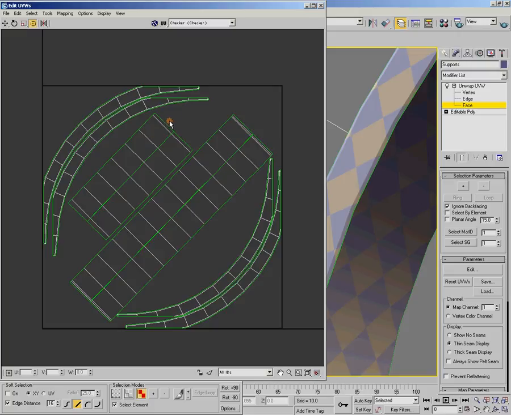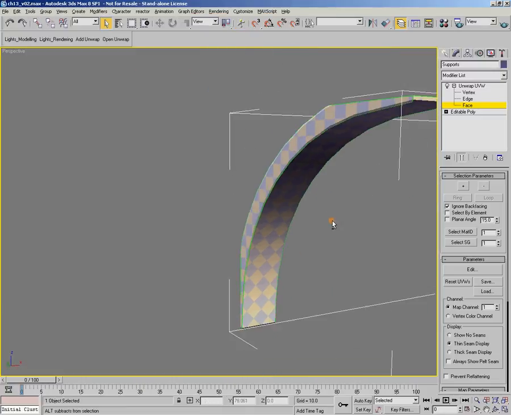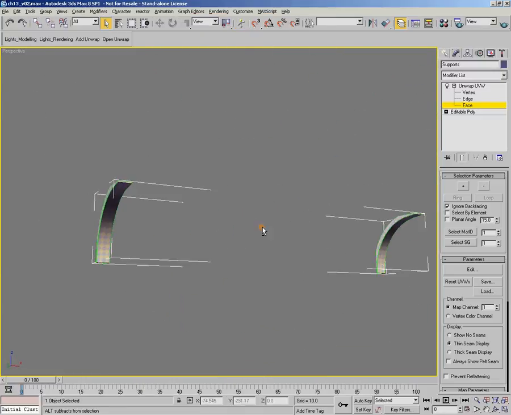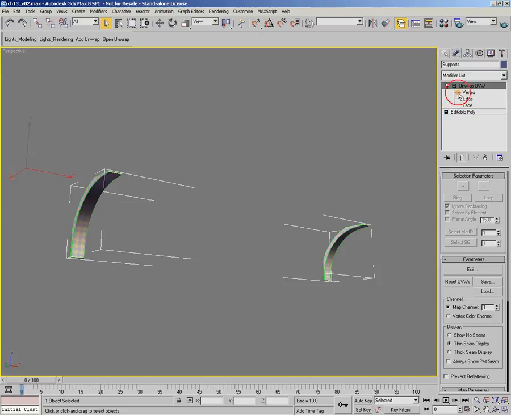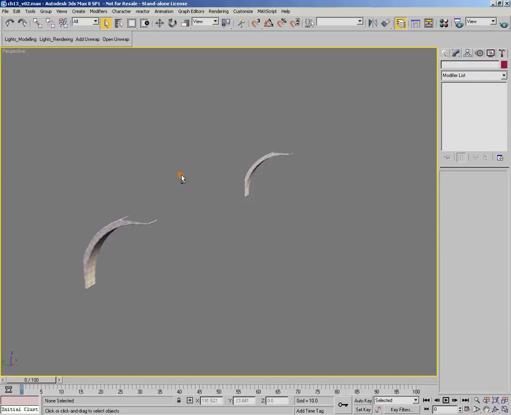If you want each one of these supports to be unique, then you need unique UVs on each support, and you will have to use this kind of layout, as you can see here. So if we look at the supports now, you can see the mapping's looking pretty cool. So we can just go off there, and we'll just hide that,